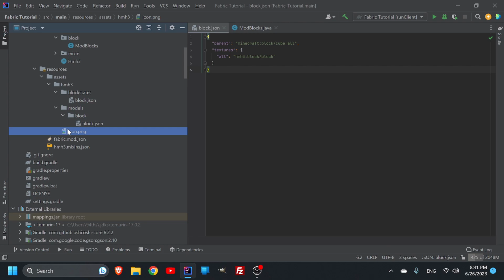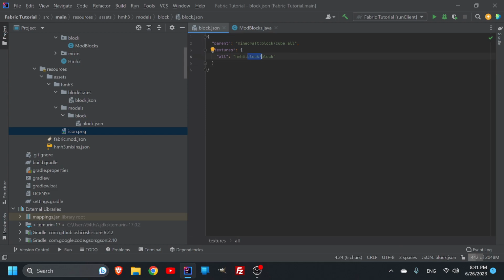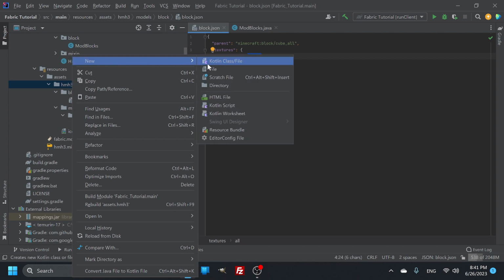I pointed to the icon because technically that's a texture, but the first thing that we're going to need to do is make a texture file. We're going to have to model it because this block goes into a block file. So let's put our thing in HMH, so whatever your mod is called, in your assets, and let's make a